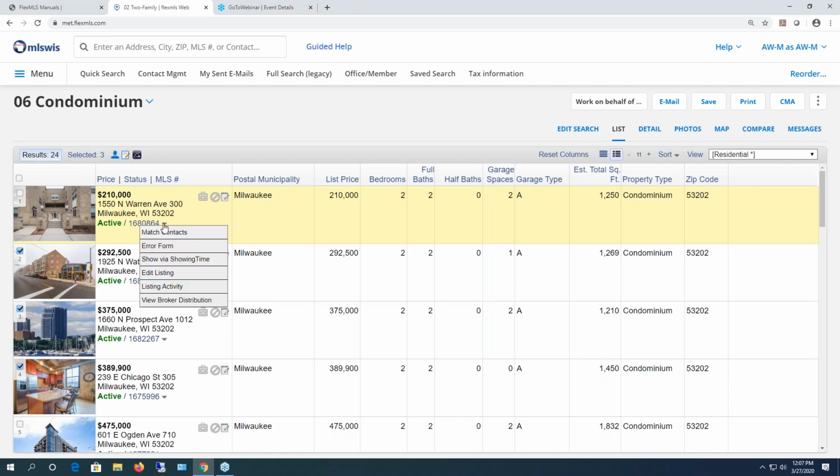If the listing is yours, you will be able to go in to edit that listing to change anything you can on the listing. You'll also have access to the listing activity report if it is yours, and also broker distribution if it is your listing. All right. Moving on down the line here, the columns that you see here